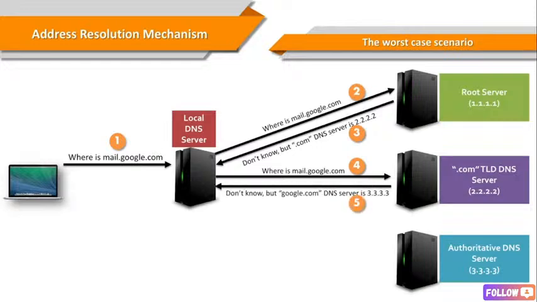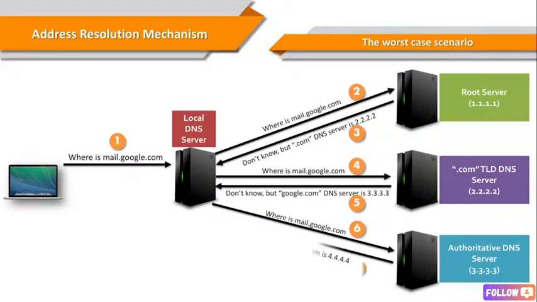When your query reaches the TLD server, it answers with the IP address of the domain's name server, which will provide the next piece of the puzzle. So this is the final step of address resolution. The recursive resolver sends the query to the domain's name server. This DNS server knows the IP address for the full domain, mail.google.com, and that answer is returned to the recursive